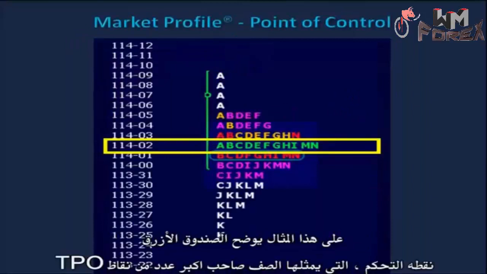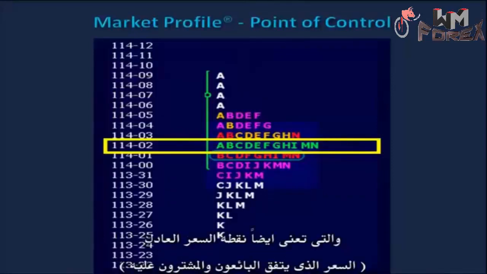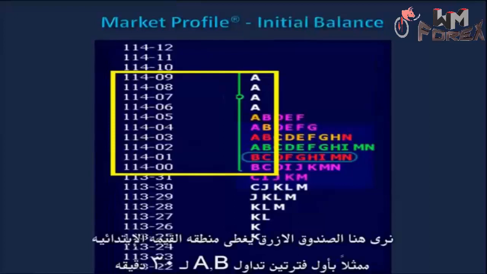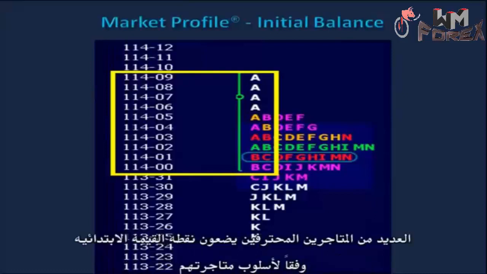On this chart, the yellow box highlights the point of control, which is the longest row of TPOs closest to the center of the range, and it's also known as the fairest price where trade was conducted. Here we see the yellow box designating the initial balance, represented by the first two 30-minute periods, A and B, of the session. As a point of interest, many experienced